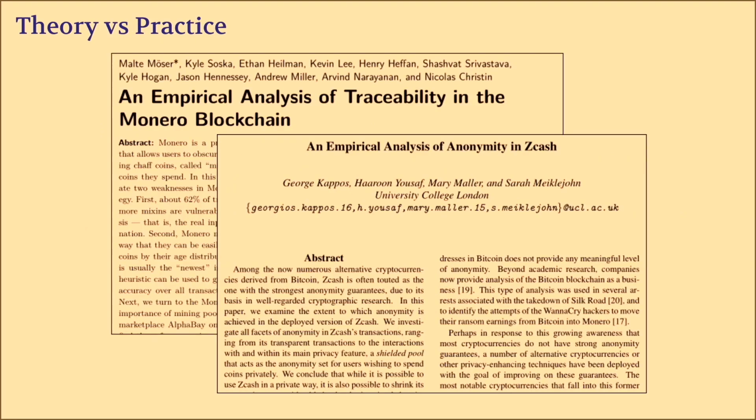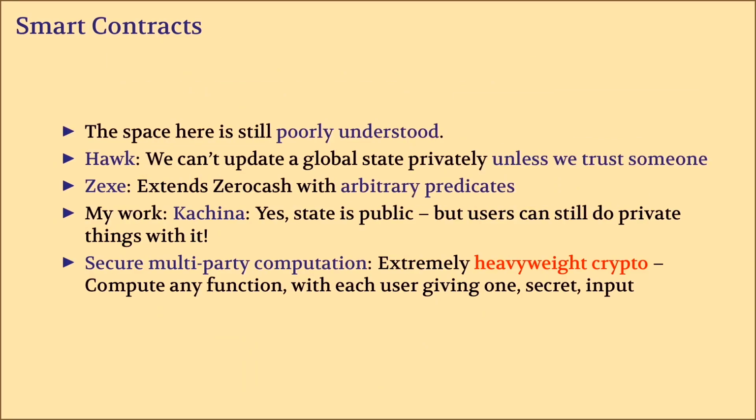So that's it for privacy and currencies. We've kind of got it figured out. For smart contracts, we still don't know what's going on. There are a couple of attempts to do things. The first attempt I know of is